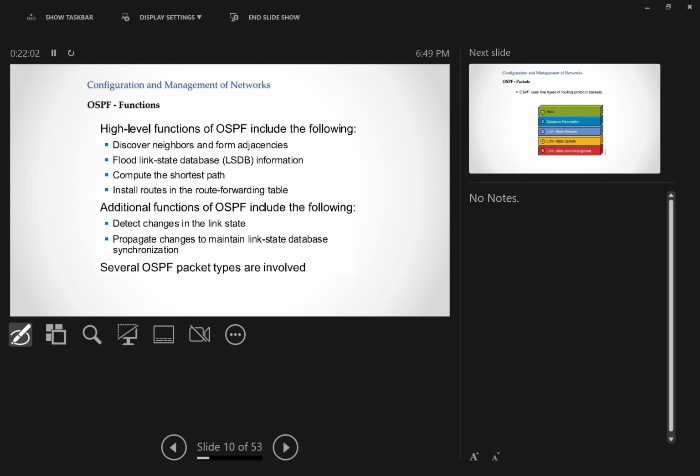So OSPF does what? It needs to discover neighbors and form adjacencies, flood the LSAs and LSUs to build the link state database, and then compute the shortest path using Dijkstra, and then install the resulting routes in the forwarding table. Okay? Then I need to detect any changes that happen and propagate those changes. Okay? So at the beginning, when I do the neighboring, I send the first advertisement, and then when there is a change,